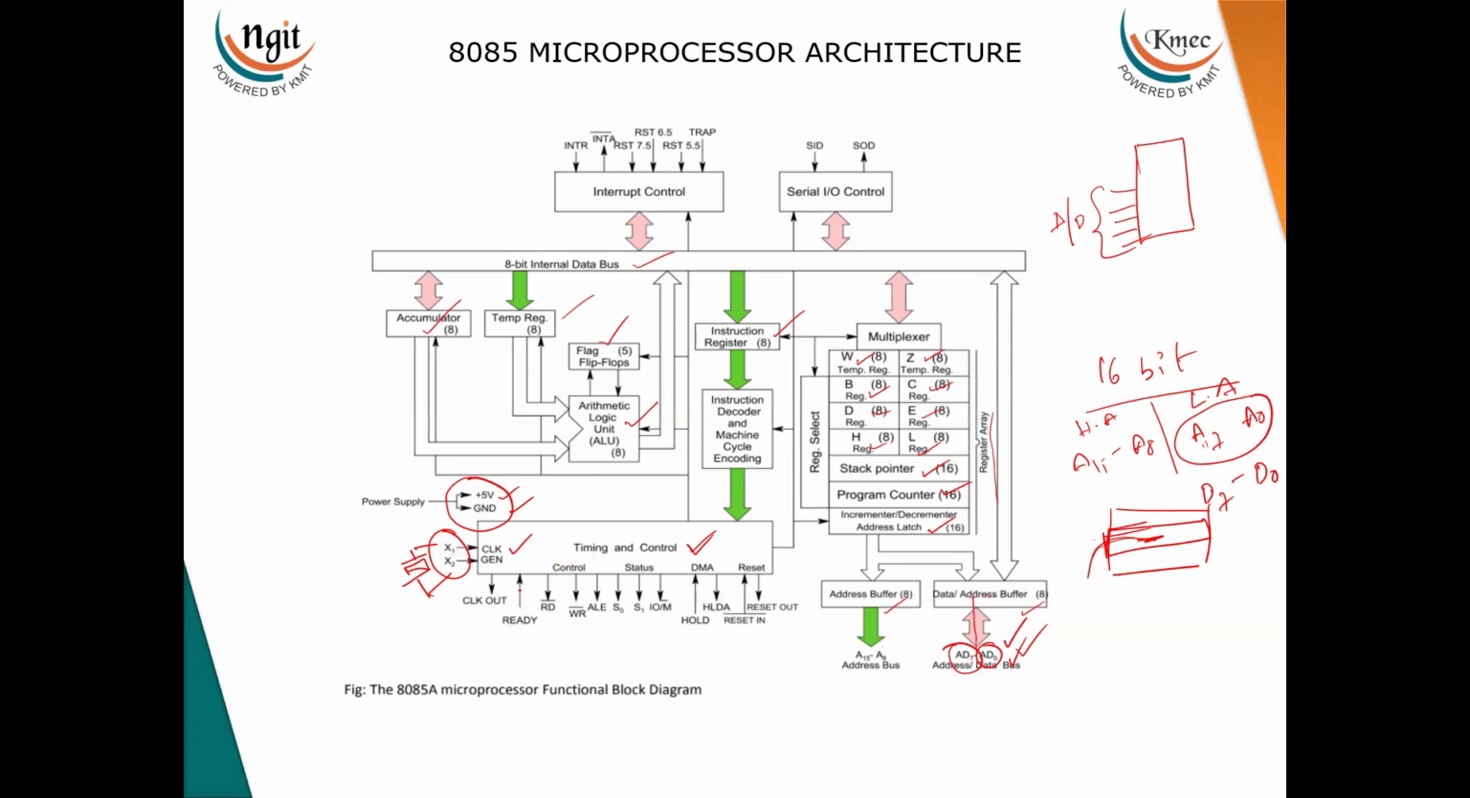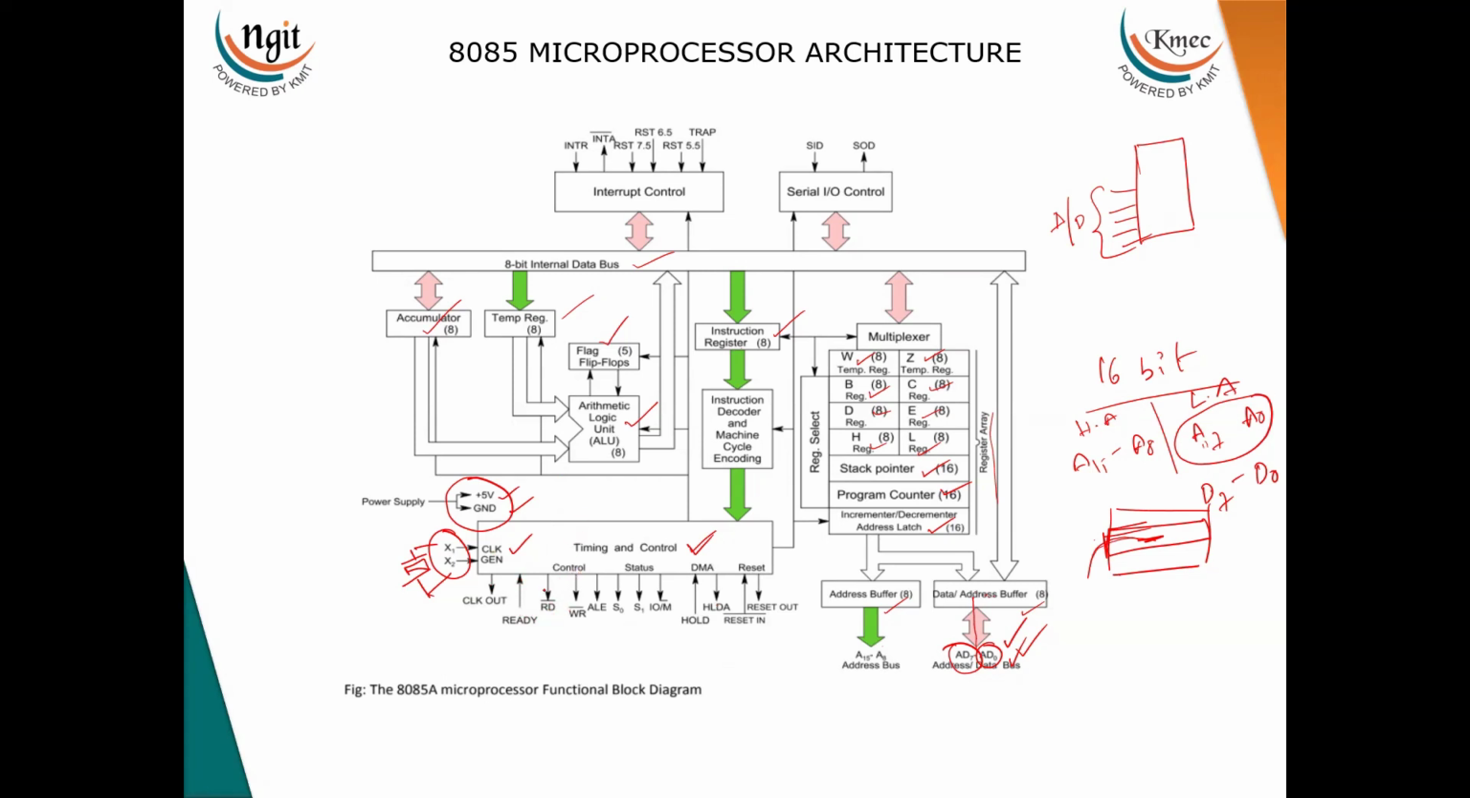Next one is the ready signal. It is coming inside. It means whenever peripherals are connected to the processor, if data transfer is to take place, whether the peripherals are ready or not will be indicated by this ready signal. If the peripherals are ready, they will send the ready signal to the processor so that the processor will do the